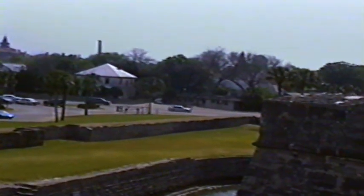From the fort, this here is looking out over the city of St. Augustine. This is looking down into the fort, the center part of it, where over 1,500 people stayed